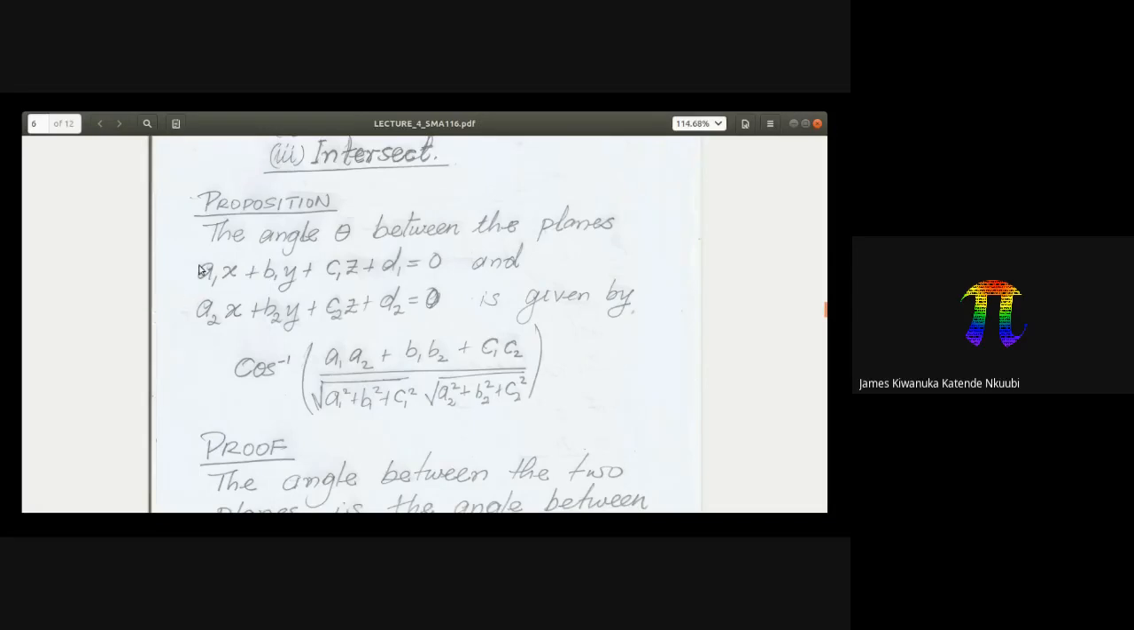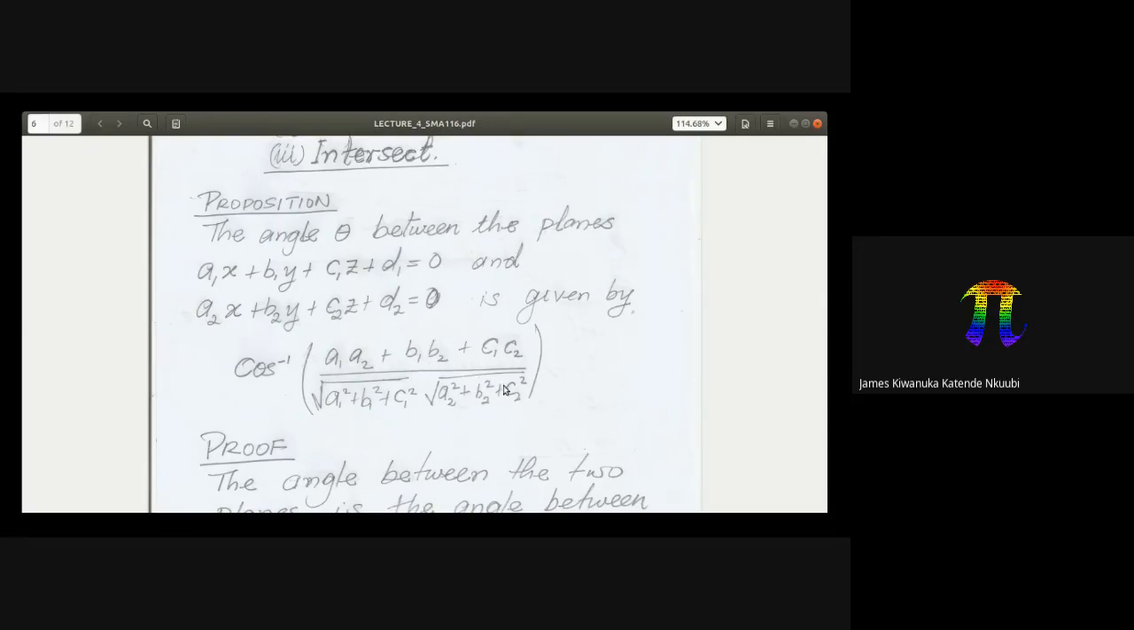We go through the following proposition. It says the angle theta between the planes a1x plus b1y plus c1z plus d1 is equal to 0, and a2x plus b2y plus c2z plus d2 is equal to 0 is given by the inverse cosine of this quantity. So again,